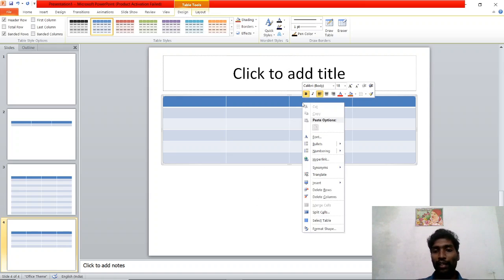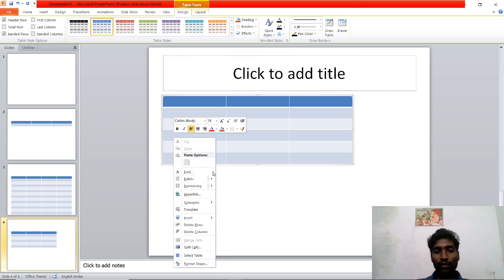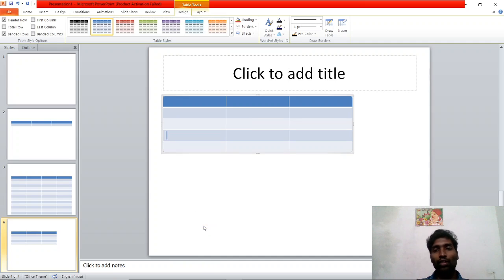If I want to delete a column, right click, Delete Column. One column deleted. If I want to delete a row, right click, Delete Row. The row is also deleted. So this is a simple way to insert rows and columns.